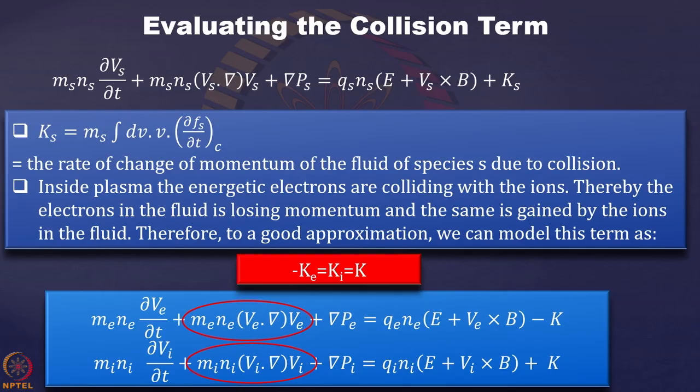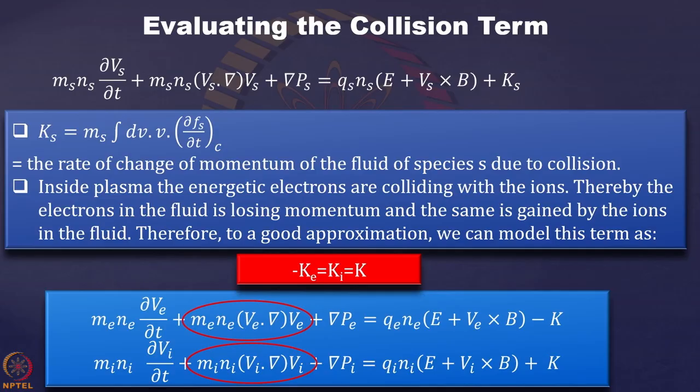Now, how to tackle this thing? So this is a bit tricky, and this is not zero anymore as we did for our species conservation equation. So we need to tackle this thing. But again, there are ways out. You will see how we are now handling this term and getting some very useful expression out of it, very useful information rather. So inside plasma, we are assuming that this is containing two fluids. One is your electron fluid and one is your ion fluid.